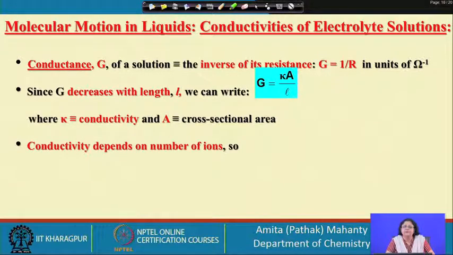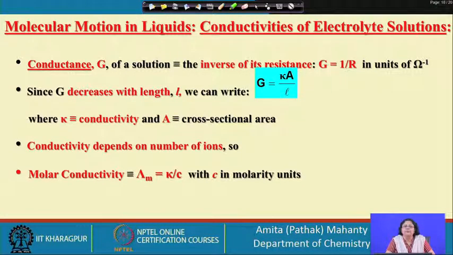When electrons are moving in a solid, we say the material is conducting when the electrons are flowing. Similarly, in a liquid system, when the medium is liquid, we talk in terms of conductivity, where ions are the carriers of the charge across the solution system. So, this conductivity must depend on the number of ions associated with the system. So, whenever we talk about conductivity, henceforth we are going to be looking into the number of ions, and the only two things which we are going to be